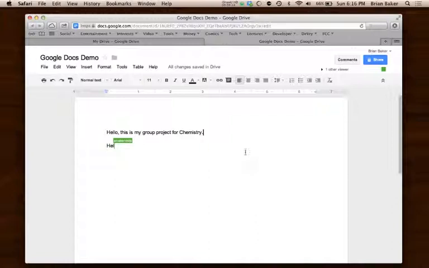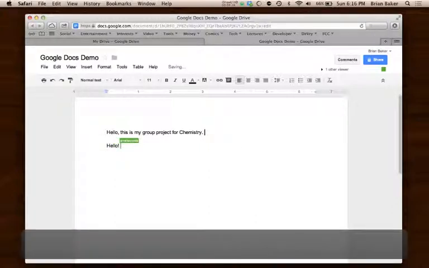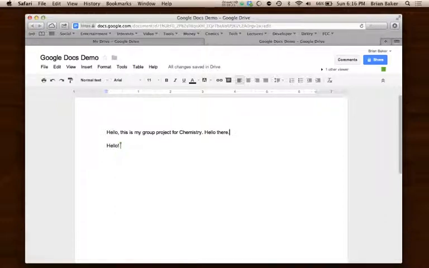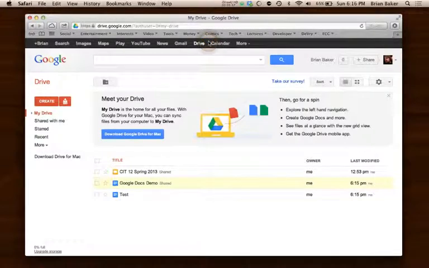And I can see in real time them making the change. And in fact, I can even type while they're typing. So you can actually edit a document together at the exact same time. Really, really helpful, so you don't actually have to meet in the library after school or whatnot to do group work. Now I'm going to go ahead and get rid of that and show you what you have to do